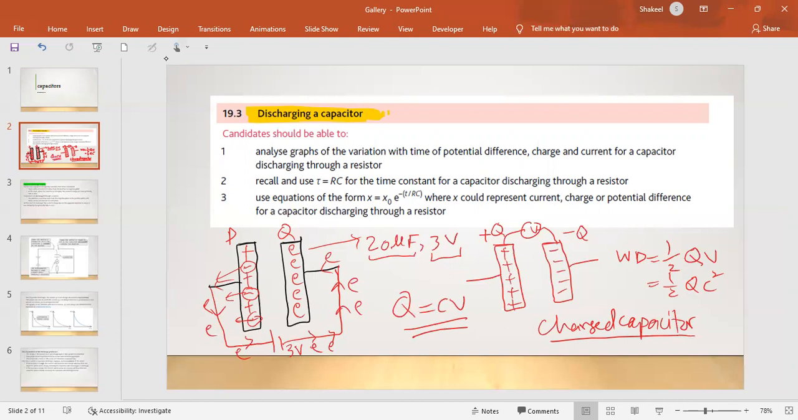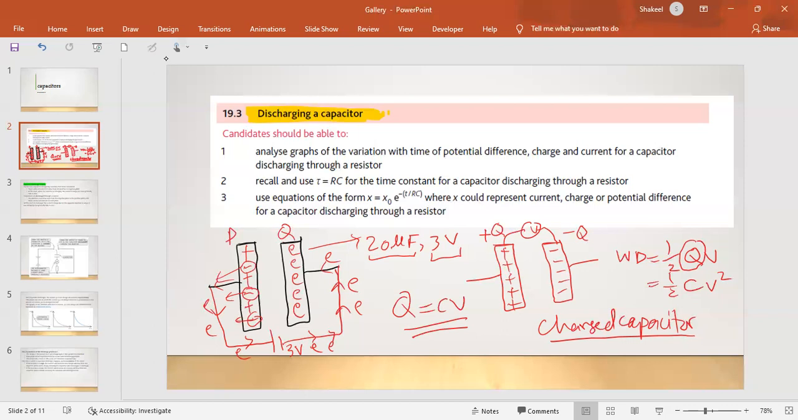Sorry, it's not QV square, it's half CV square, right? Because Q is CV, so you just replace this Q with CV. So it will be half CV square. This is another formula to find the energy stored in the capacitor. Now the question is how this capacitor is going to be charged, or how it is going to be discharged,